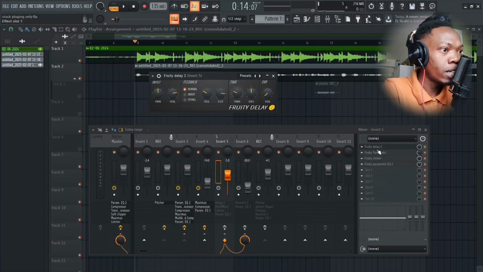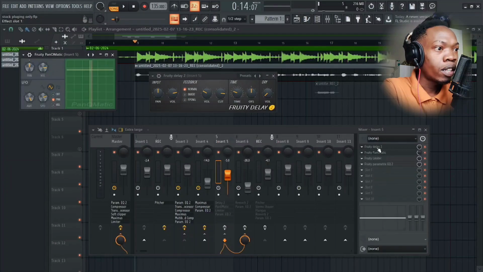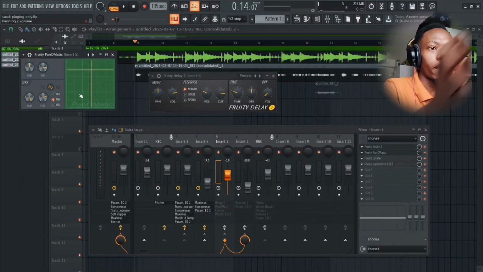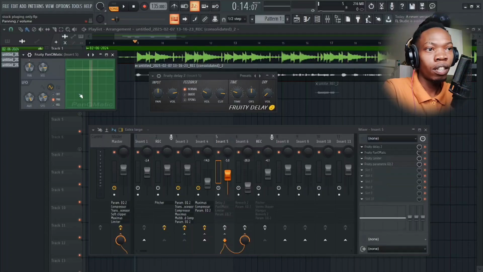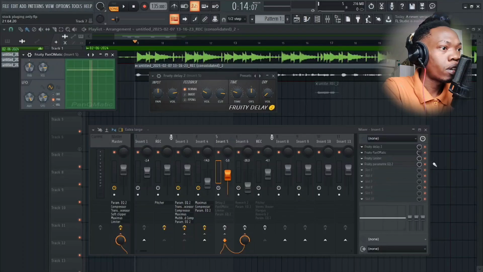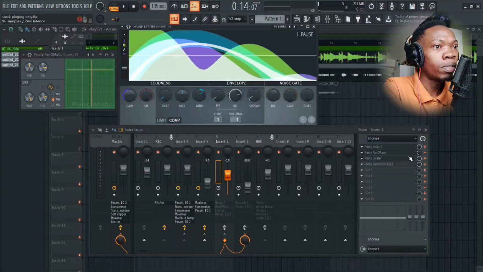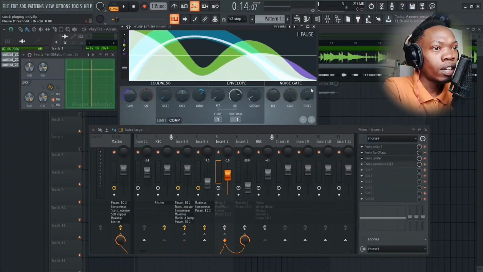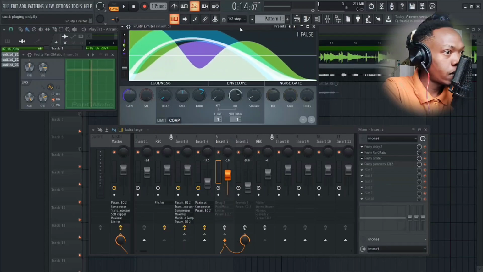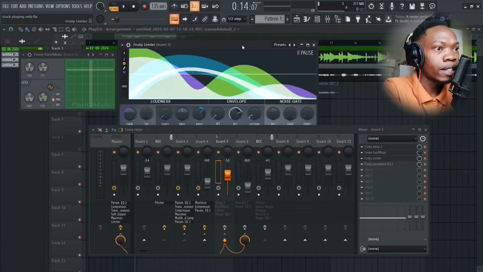So I have a delay here, and then the next thing that's added is a FET Pan-O-Matic. What this does is pretty much just pan whatever signal is being sent here, or the effect, left to right. And then I have a FET limiter on. And what this limiter is doing here is